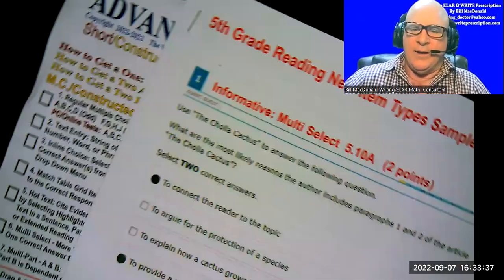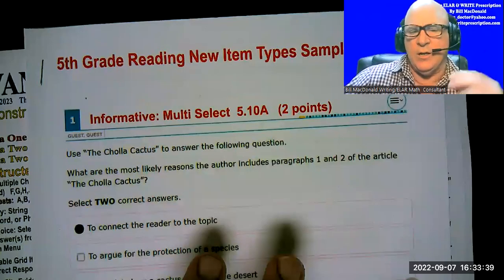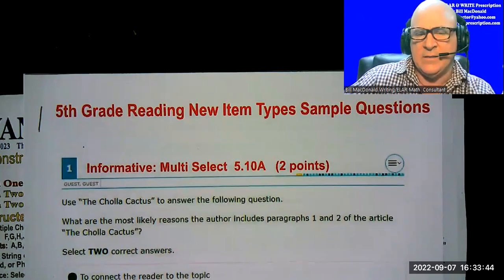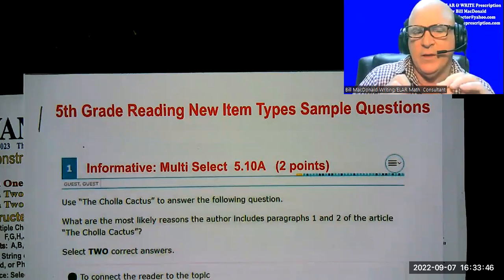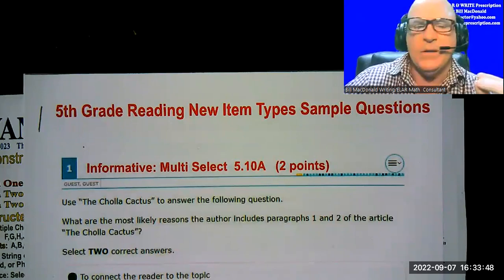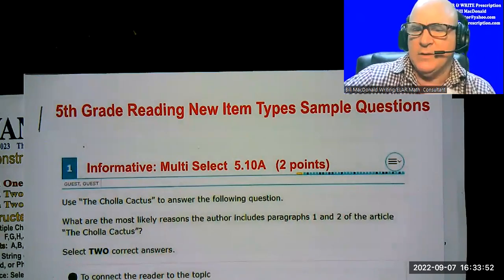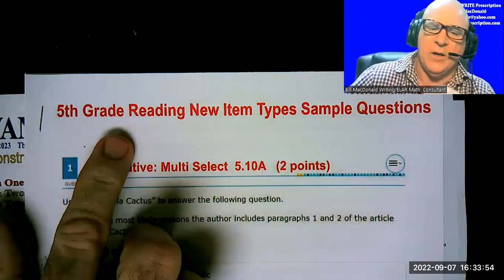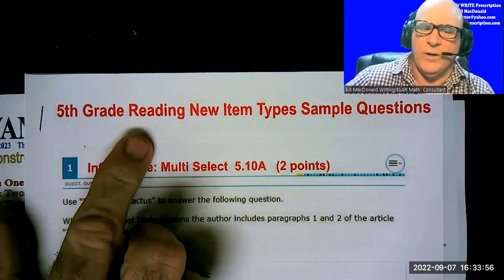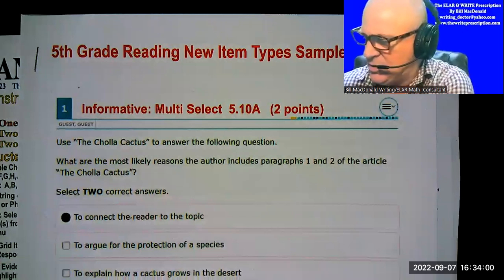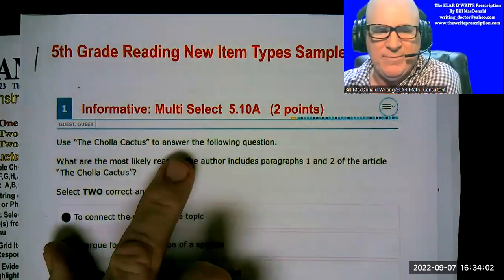And again, what I did for you was I merged all of the worlds that TEA decided for some reason to leave splintered all over the place. So this is the 5th grade reading, new item types, sample questions. Number 1 was an informative multi-select. So when you look over here to the left-hand side,